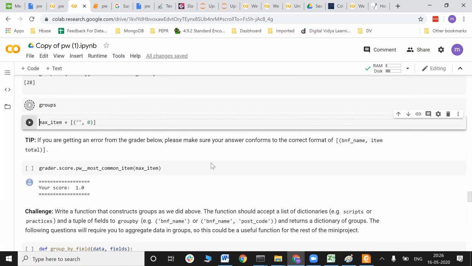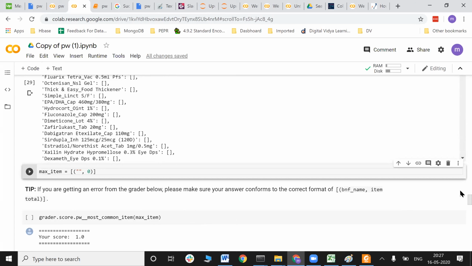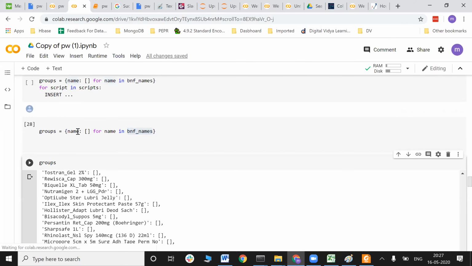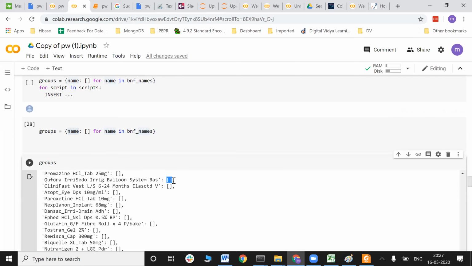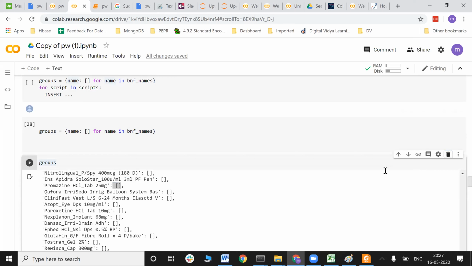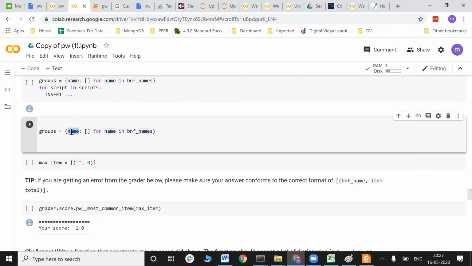This is giving me the group and a list. The name of a particular BNF name is working as a key, and every key has an empty list, no values inside it. So this is the name of a group as a key of a dictionary, and an empty list.